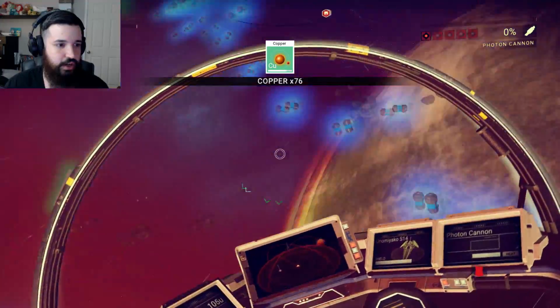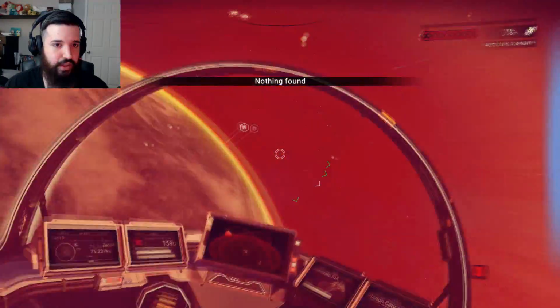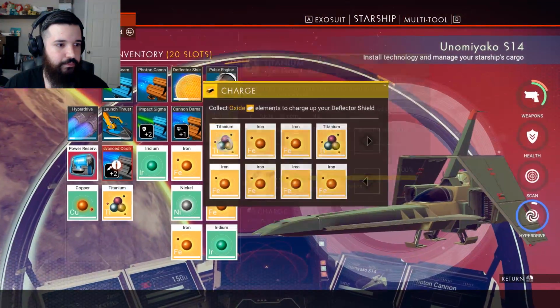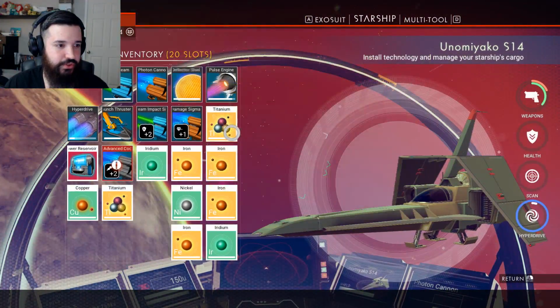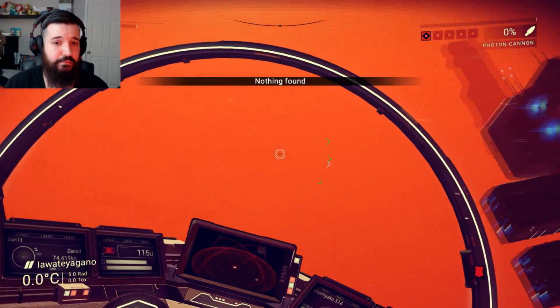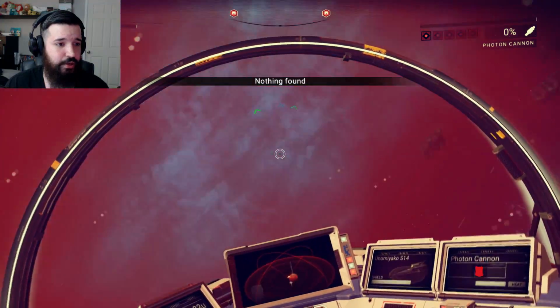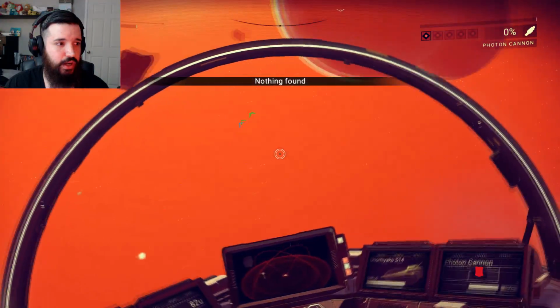So you just go through and collect everything you can. You'll get a lot of metals. The whole nothing found thing is because my inventory is already full, so it's really good to get titanium, which actually sells for a decent amount, so you can make some okay money doing it. It's just a lot of hassle because you pretty much have to go through, and now I have to find